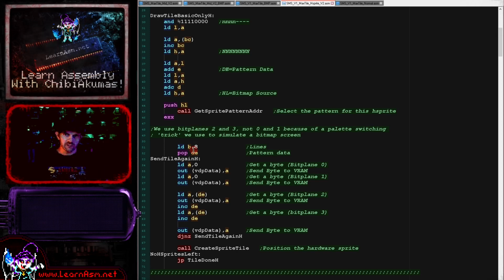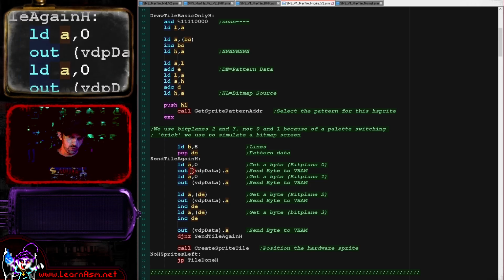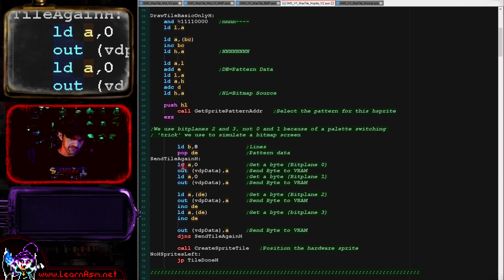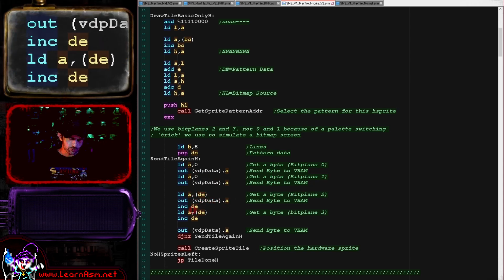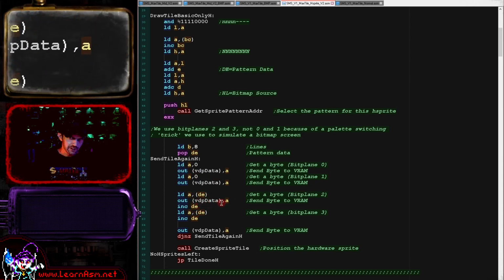Now we've got 2 bytes per line, but we need 4 to write into memory. And logic might say that we're going to use bit plane 0 and 1 as the ones that we've got, and maybe use zeros for 2 and 3, or some predefined palette offset. But actually what I'm going to do is use zeros for the first 2, bit planes 0 and 1. And then I'm going to use the source data that we've got in our source pattern for bit planes 2